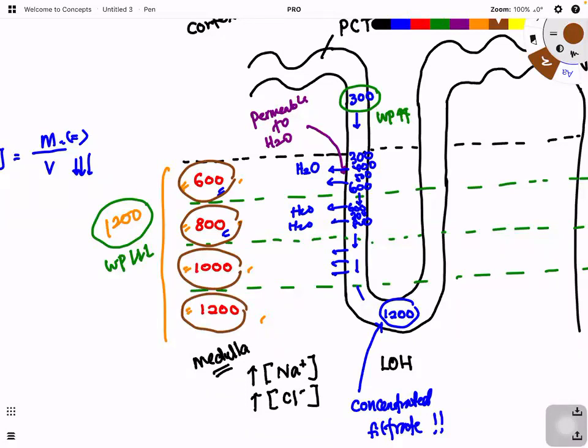It depends on the ascending limb. The ascending limb is no longer permeable to water molecules, but we do have the active transport of the sodium ions and the chloride ions. Now, why do we need to transport out the sodium ions and chloride ions? The first reason, definitely, is that we want to reabsorb back the sodium ions and chloride ions. Another reason here is,